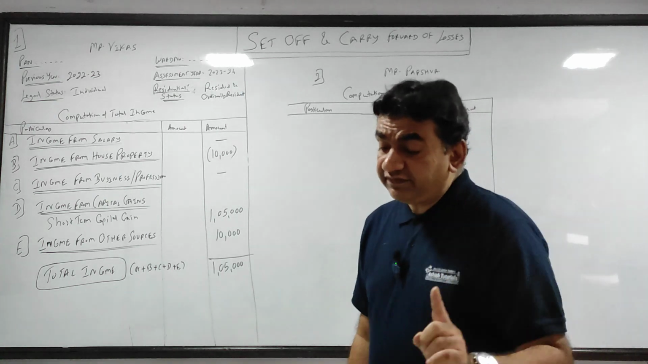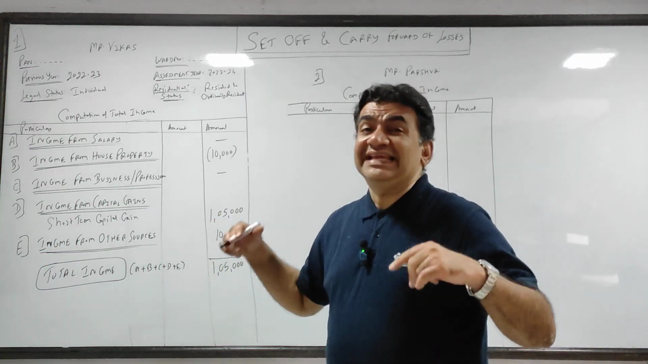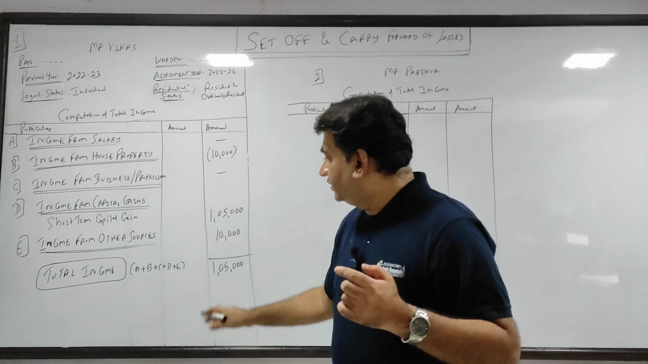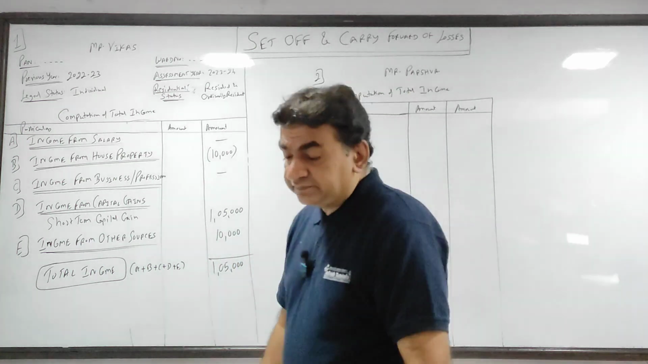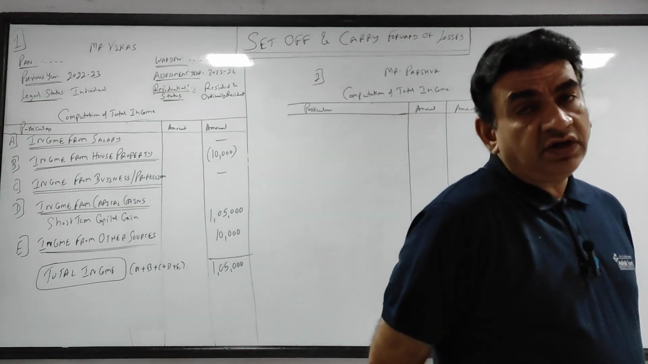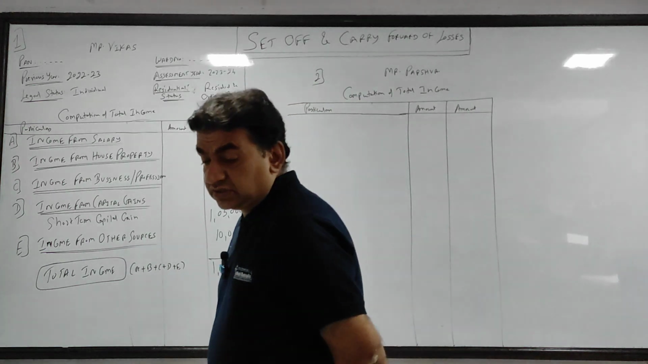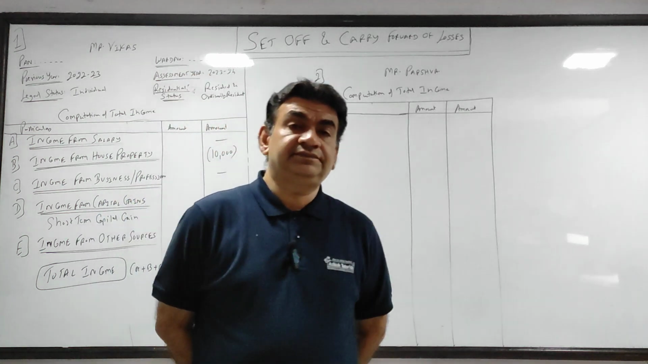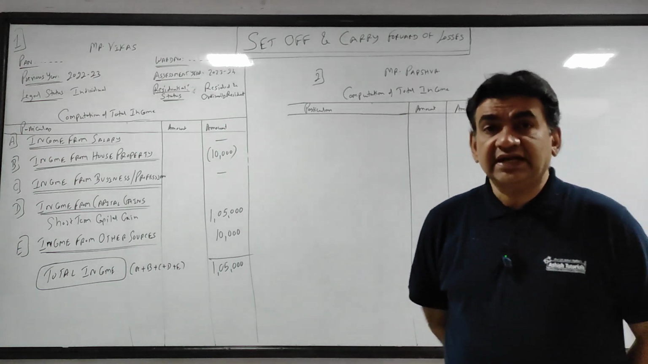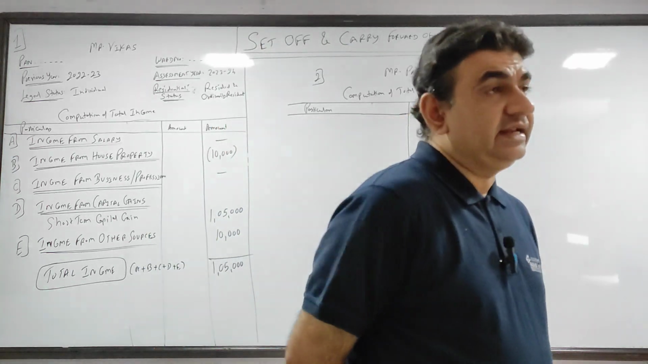Now what remains? Long-term capital loss of 75,000 we couldn't set off because there were no capital gains. So we will carry forward, and we can add that we will carry forward for the next 8 years. So below the table, now write a note. I'll make you write a note in every sum. Long-term capital loss of 75,000 could not be set off in the current year